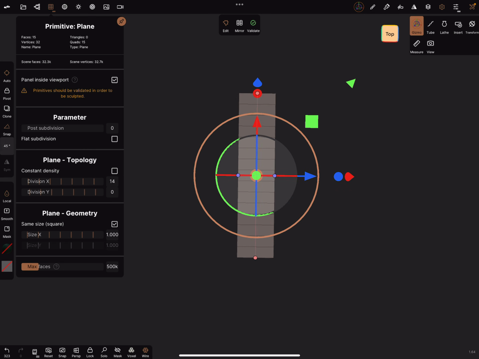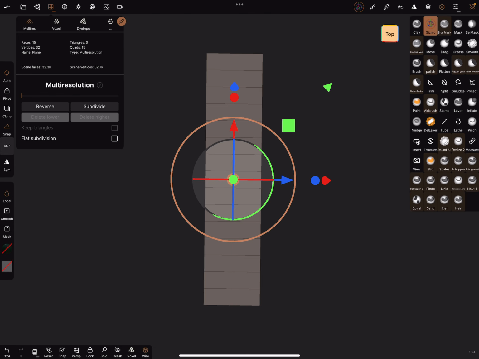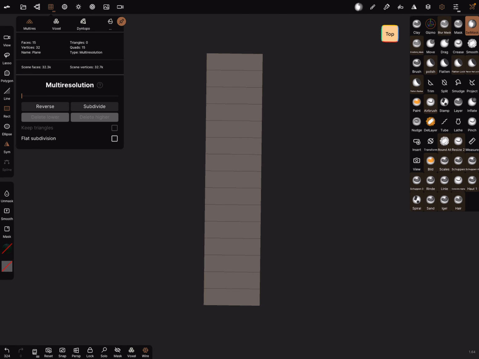Okay, I think it's okay. Let's validate the object. Now we can use the selection mask and turn the symmetry off. And now we can select, for example, every second of this part.